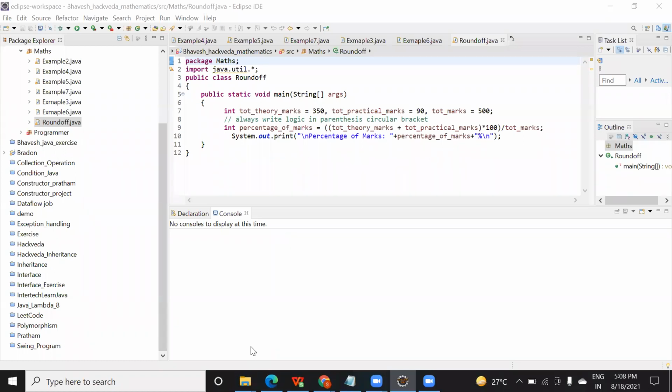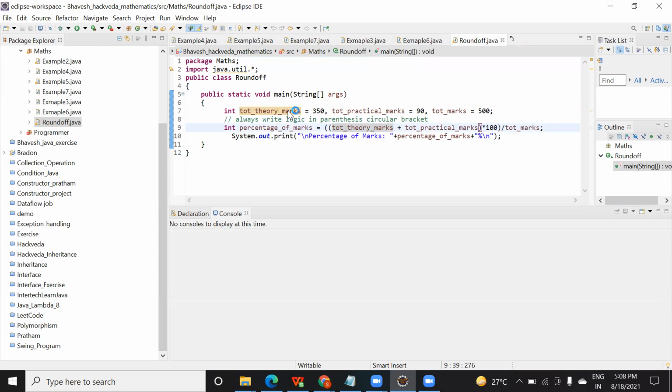Okay, I think the other two will not join. Okay, so here, as you can see on my screen, if any mathematical questions or mathematical expressions are asked in the exam, how can you calculate it? First see if the values are given or not.